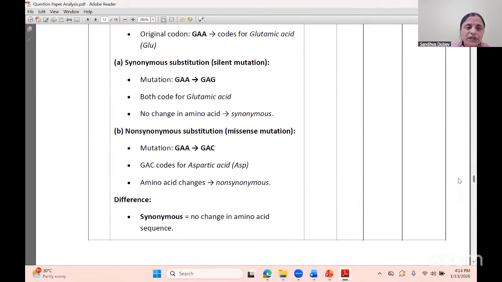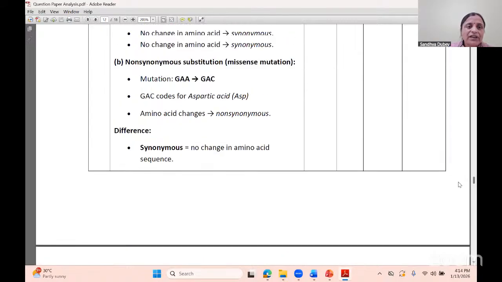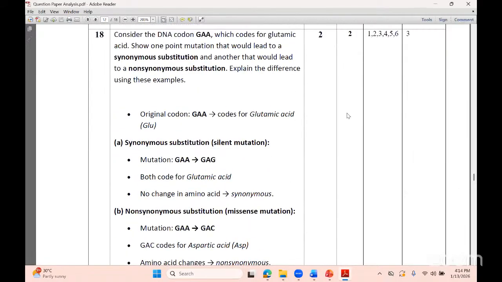By seeing the questions, you will be able to see that we will never give a direct question, sir. This is only for 2 marks. This is the simplest question, where the BL is only 3. Still, consider the DNA codon. A codon is given. Which amino acid does this particular codon code for? Show the one mutation point. In easy words I could ask, define synonymous substitution and non-synonymous substitution and explain the difference. But to make it to that Bloom level, we will say consider only this example and do it like this.